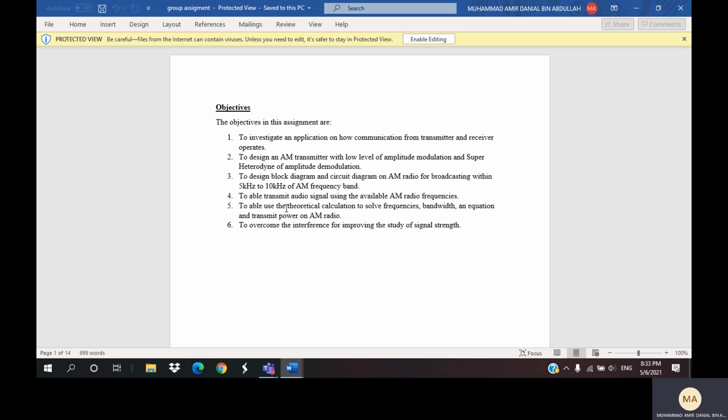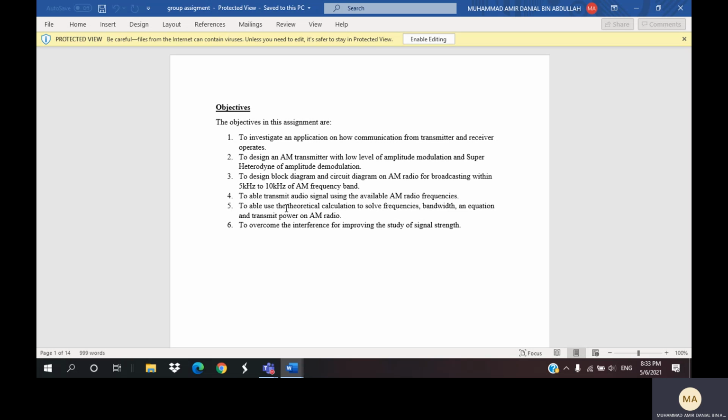Objective. The objectives in this assignment are: first, to investigate an application on how communication from transmitter and receiver operate. Second, to design an AM transmitter with low level of amplitude modulation and superheterodyne of amplitude demodulation. Third, to design block diagram and circuit diagram on AM radio for broadcasting with 5 kHz to 10 kHz of